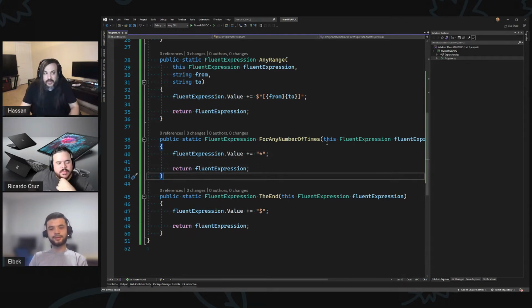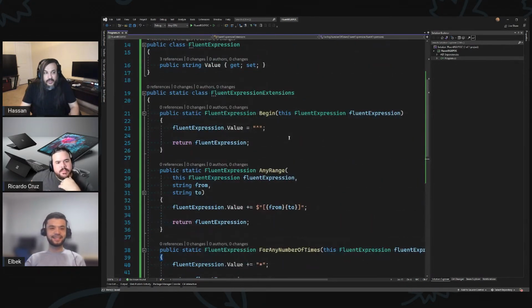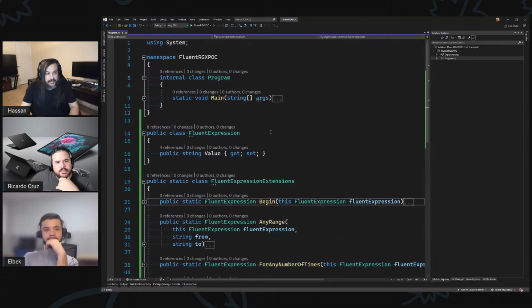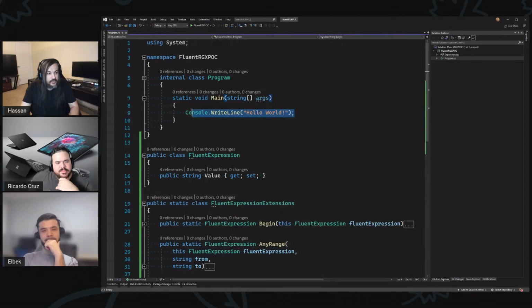Very straightforward. But yeah, in theory, it seems very straightforward, but is it really? Let's find out. Here's an expression